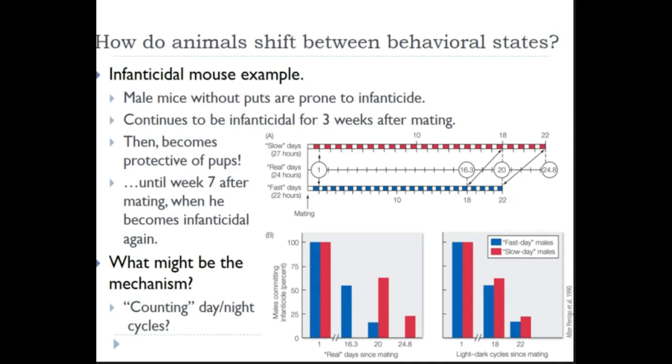we've got a case where animals are shifting their behavior. That's the big picture point here. And they're doing so with some kind of a thing where they're counting light-dark cycles. The next question would be exactly how is it that that's happening? And you had mentioned, Alexandria, the possibility that there might be hormones that are fluctuating, and so there's some sort of hormonal difference between these animals, and I think that's a pretty reasonable hypothesis.